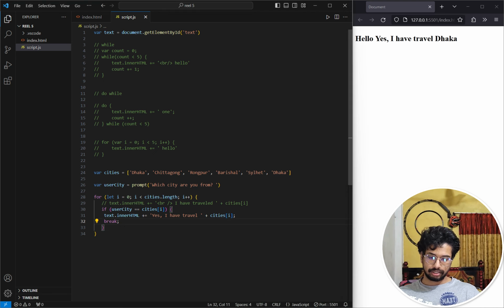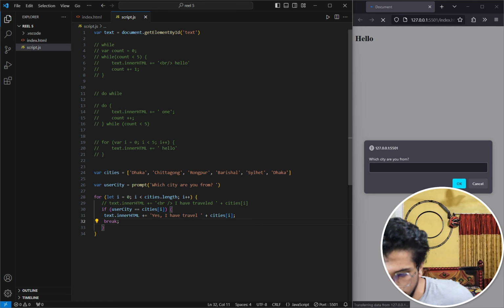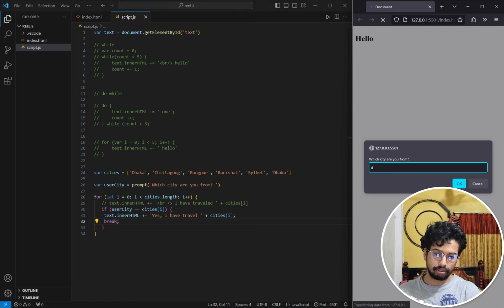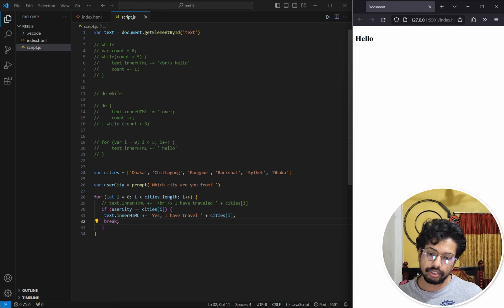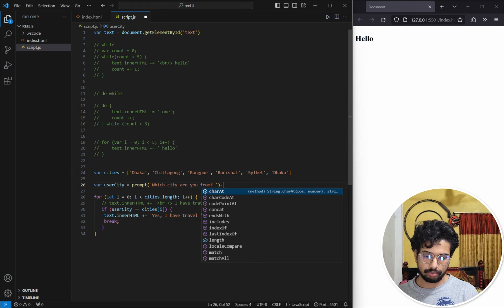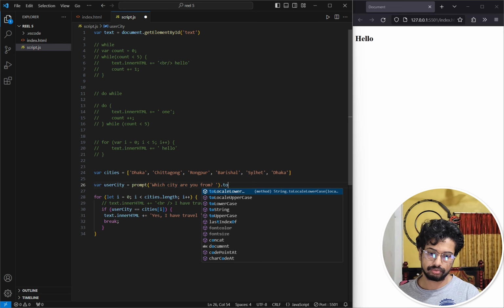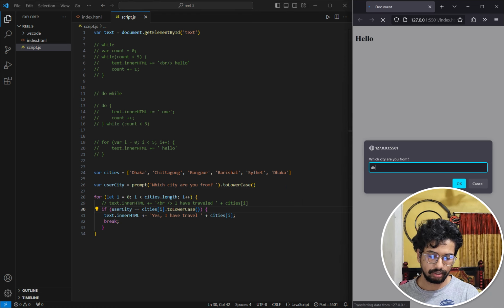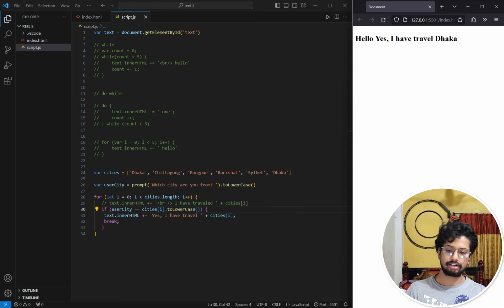So there is a catch. You see my city names are in sentence case, the D is capitalized. If you type all lowercase, everything is false. My program does not know that Dhaka and dhaka are the same. So what we can do is use the method called toLowerCase on the user value, and while we check the city, because the city is in sentence case, we have to change this to lowercase too. Okay, now if we type that, I think it's going to give us the right result. This is why we need